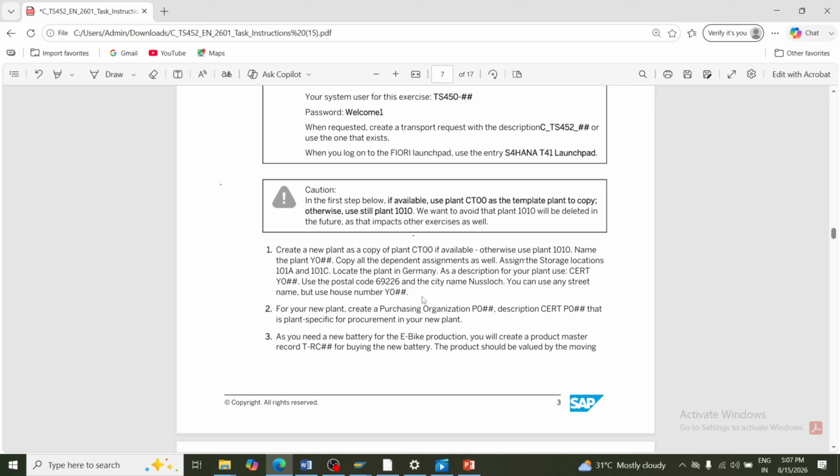Based on that, take 1010 and create a new plant. It is telling that the name should be Y0 hash hash. Copy all the dependent assessments as well. That means while you are copying plant 1010 or CT00, we should copy all the dependents as well. After creation, it is telling that we assign